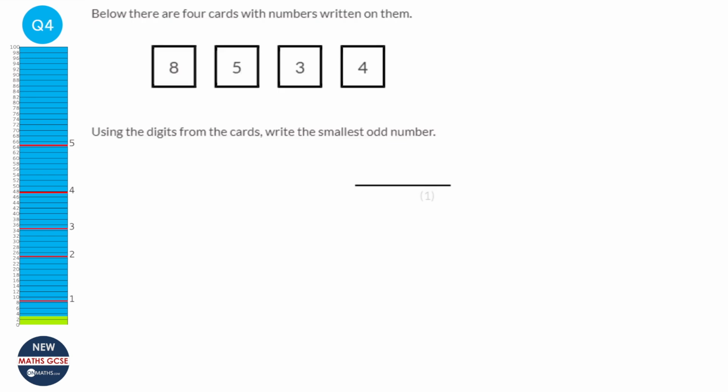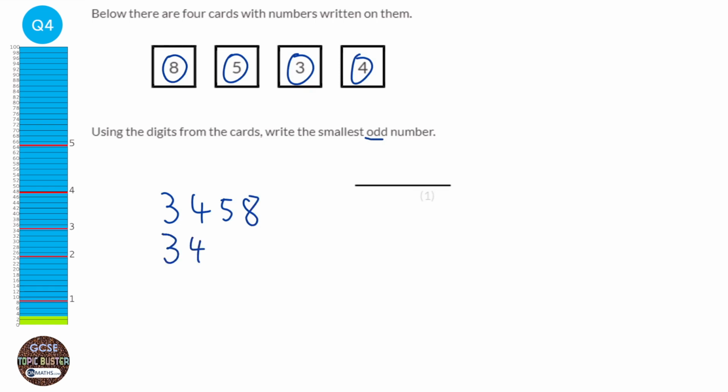For us to create the smallest number, we need to pick the smallest digits at the start of the number. So the smallest digit is 3, then the next smallest digit is 4, next smallest digit is 5, then the next smallest digit is 8. But it wants it to be an odd number, and this is an even number. So we have to move that 8 forward 1 and have that 5 at the end. So the smallest odd number is